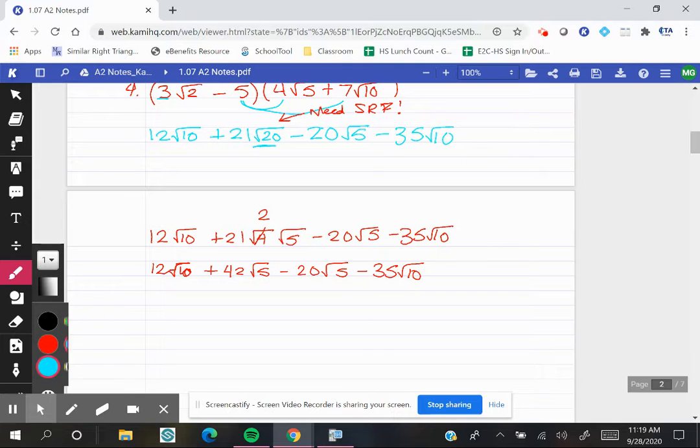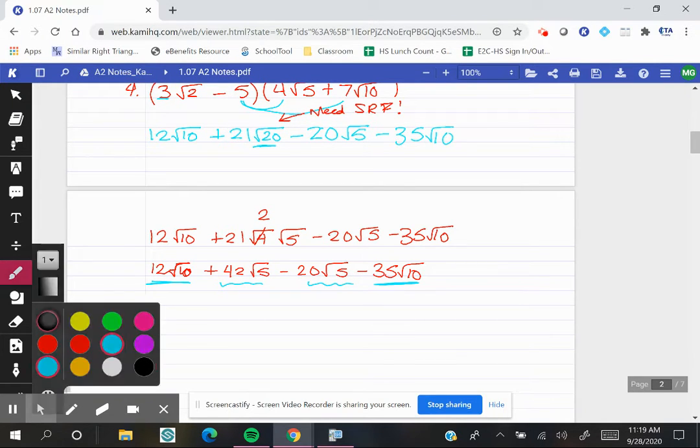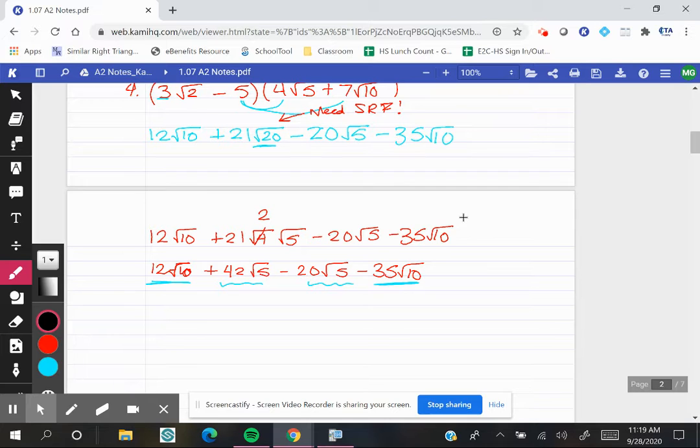So looking for your like terms here, I have 12 rad 10. You can always add or subtract anything that has the same radicand or number under the radical if there's no other variables involved. So we've got those, and then these both have a rad 5, the squiggly ones. So when I combine my like terms, I'll get negative 23 rad 10. Again, you just add the numbers in the front of the radical, keep the radical. And then plus 42 minus 20 would give me 22